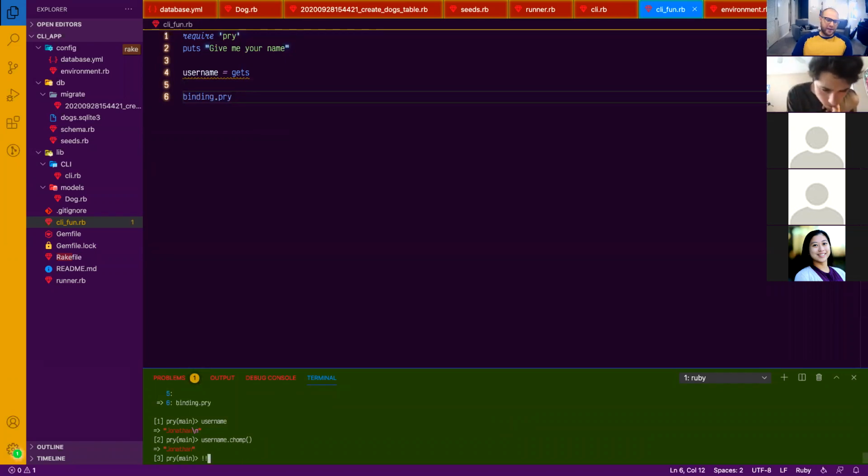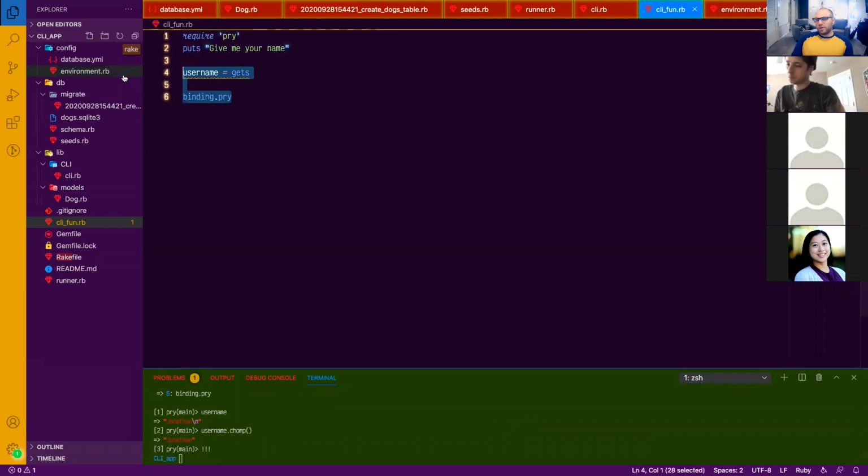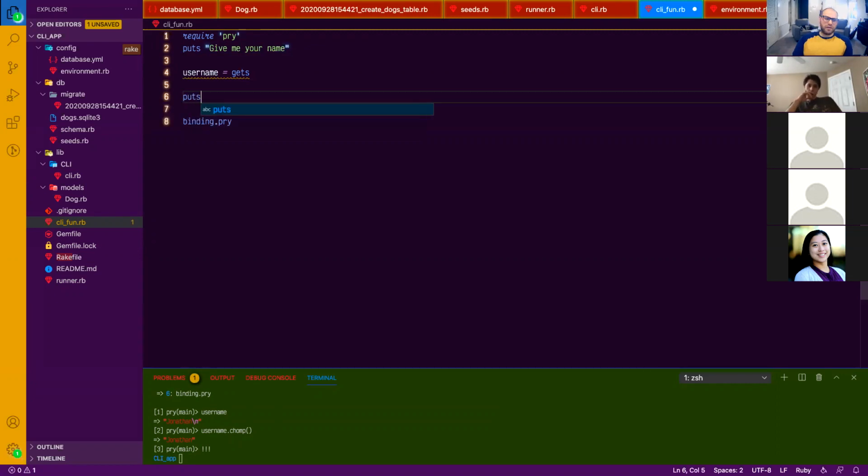Cool, let's exit out of that. This is really the fundamental of how you're going to build your whole CLI app. You're going to ask for user input, the user's going to give you input, and you're going to do different things depending on the input that the user provides. For example, let's say I want a password. I could just repeat a very similar thing. Username equals that, puts hello, username,